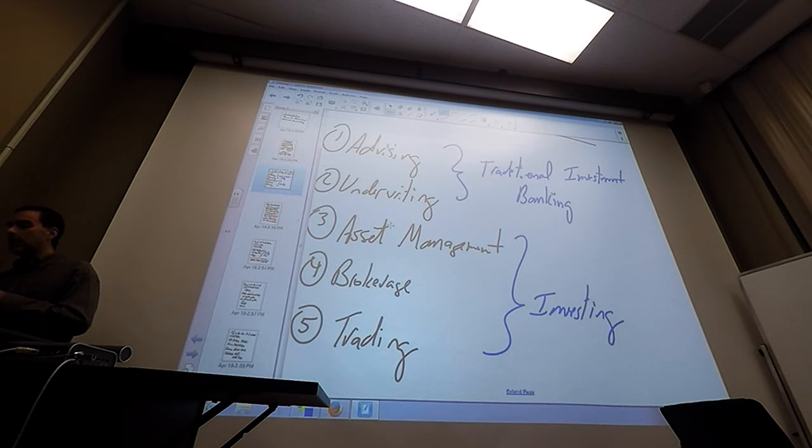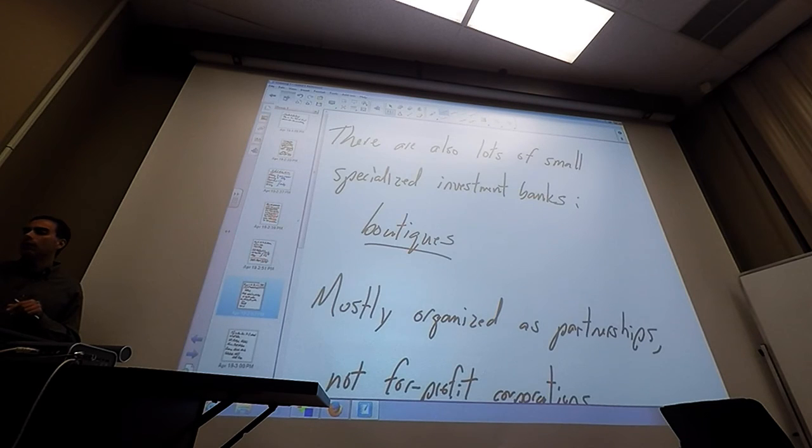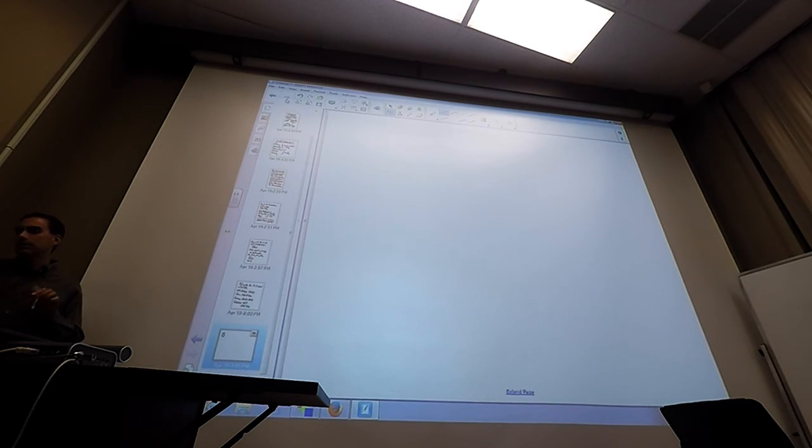So the first four activities here don't require any kind of size for the firm in terms of assets and liabilities. So with investment banks, it's really hard to measure how big the firm is or how much of something they're doing, because it's all other people's money. Only the trading side of it at the end is their own money. So trading shows up on your balance sheet. If you do trading, that's your own money. That shows up on your statements as a measure of size. But everything else is other people's money that you're dealing with. You're advising or underwriting or managing or providing brokerage services for other people's money. Because of that, again, banks don't have a lot of assets.